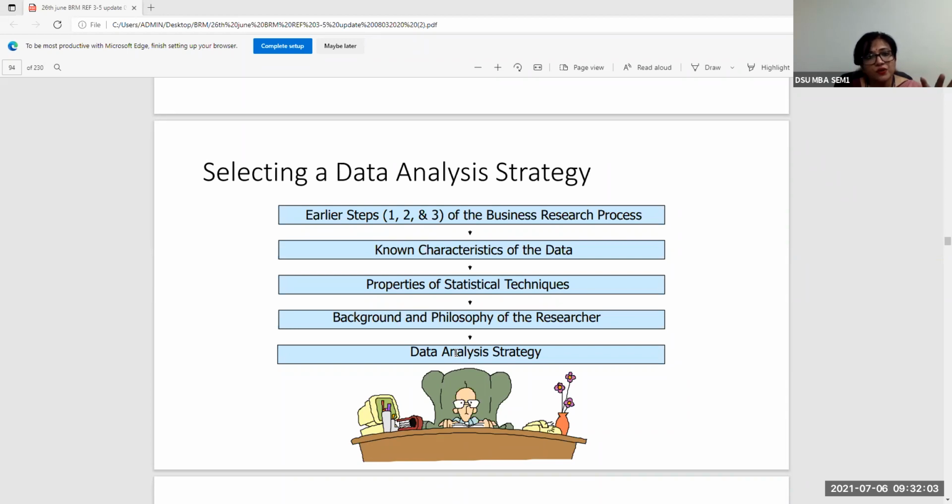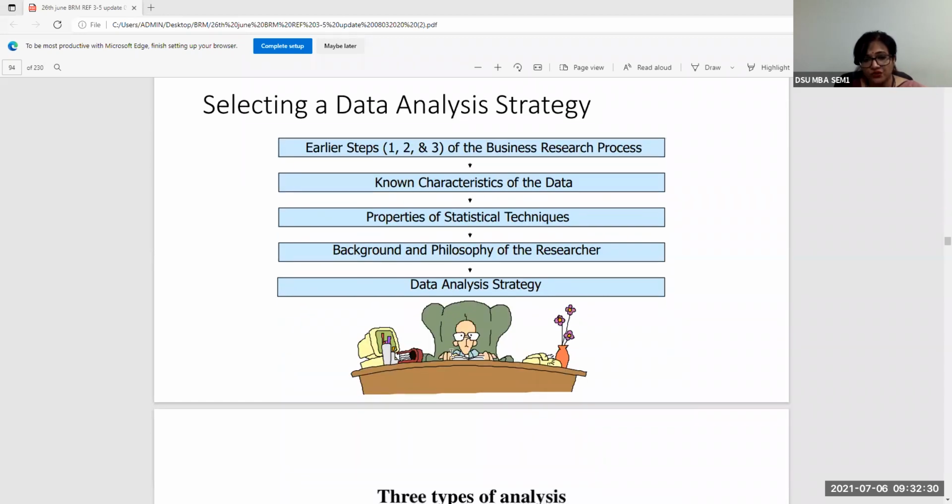The researcher himself or herself may not be well versed in quantitative techniques, but can take the help of quantitative methods professionals. Or, on the other hand, a researcher might be quantitatively very proficient, but is not qualitatively proficient, so might have to take the help of psychologists, sociologists, and anthropologists in understanding qualitative data that is coming in. And that will determine the data analysis strategy.